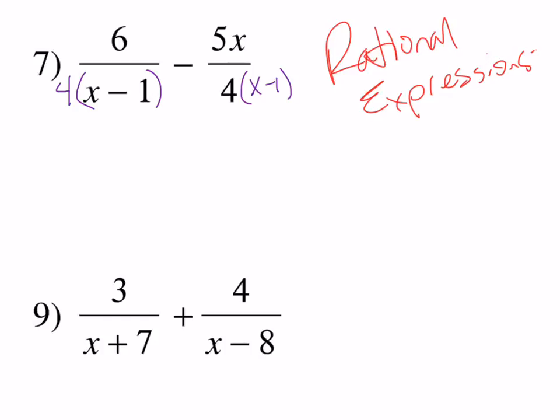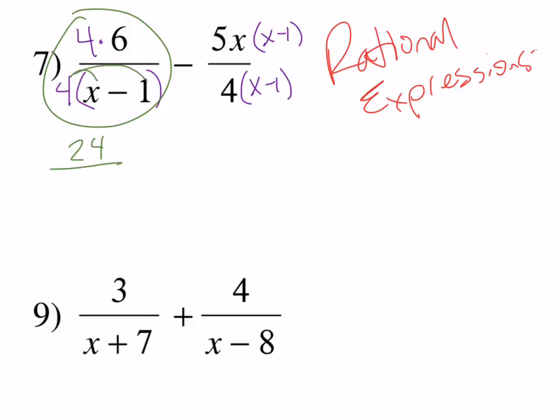Okay, now here's the tricky part, just like with regular fractions. So I'm multiplying that first fraction or rational expression by 4. So whatever I do to the bottom, I have to do to the top, so I'm multiplying it by 4. For the second part here, I'm multiplying it by x minus 1. Whatever I do to the bottom, I have to do to the top. All right? So for the next part here, I'm only going to look at that expression to start. So on top, 4 times 6, 24. Over. I'm going to distribute that 4 into x minus 1, which gives me 4x minus 4. Okay? So that's part. Let's go ahead and move over here